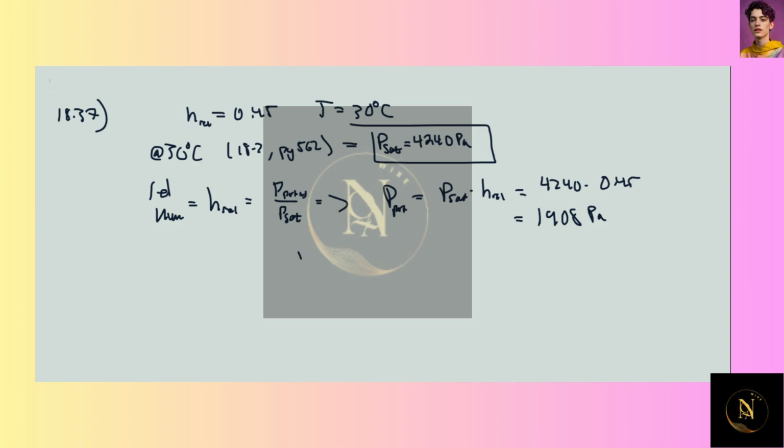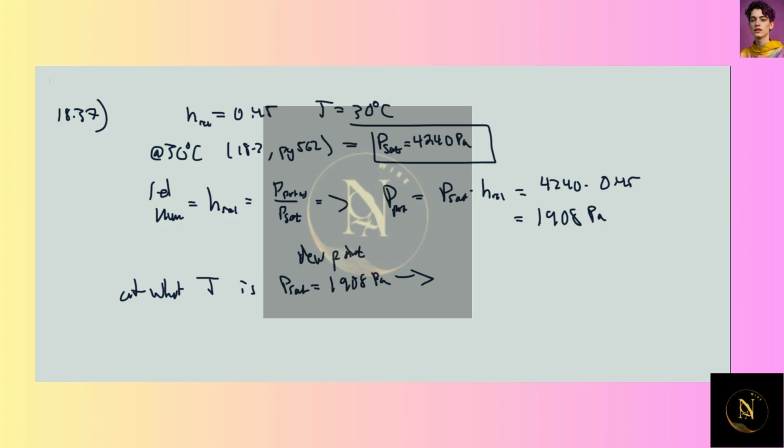So now that we know the partial pressure here, we also should know that the dew point is the temperature at which the partial pressure is the saturated vapor pressure. So we need to find at what T is P-sat equaling 1908 pascals. So from the table, we probably don't have an exact value for